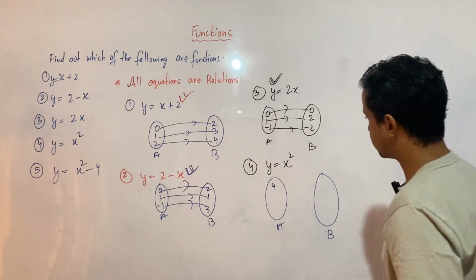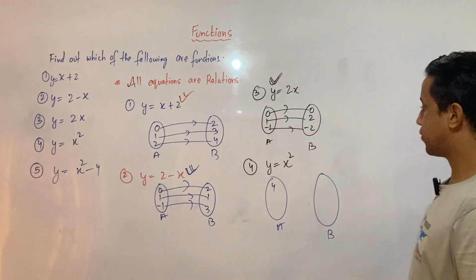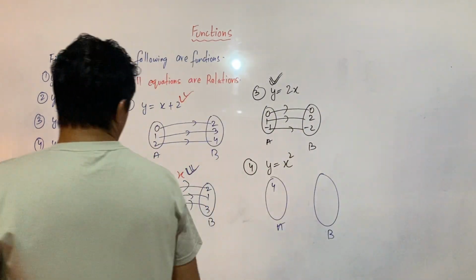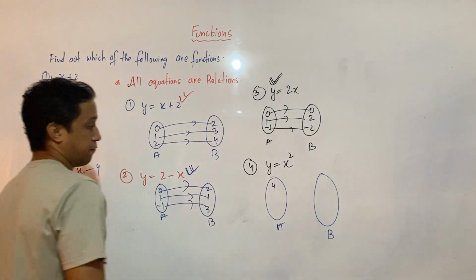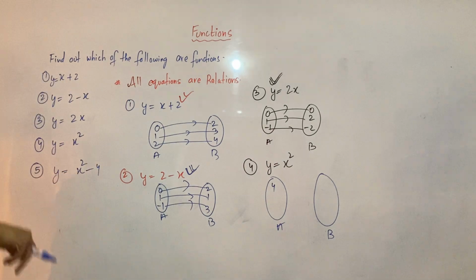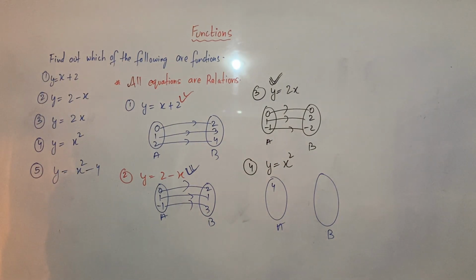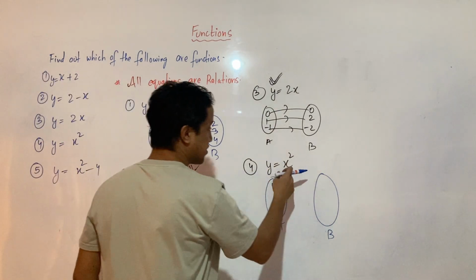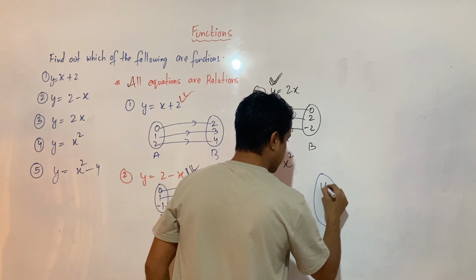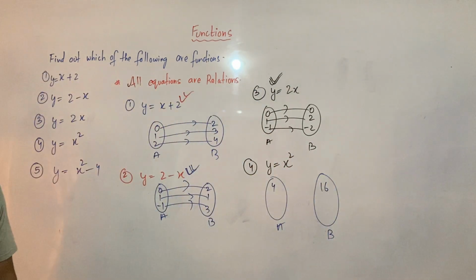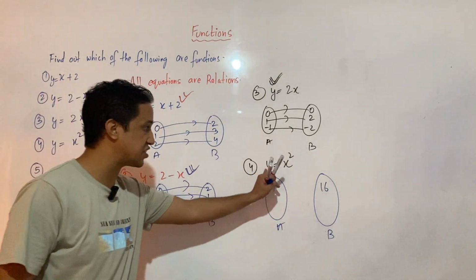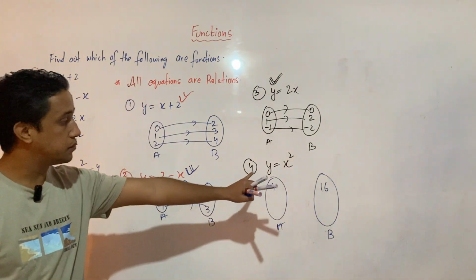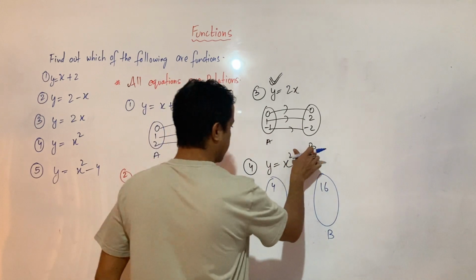If your x is 4, y, sorry, if your y is 4, then what's going to be the... If your x is 4, y is going to be 16. But if your y is 16, for y 16, it must be here,